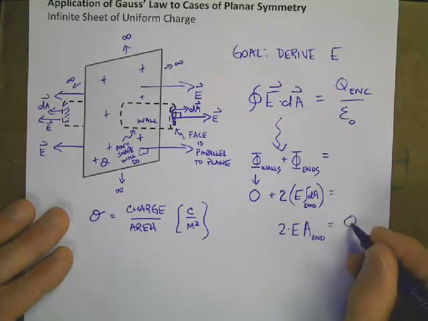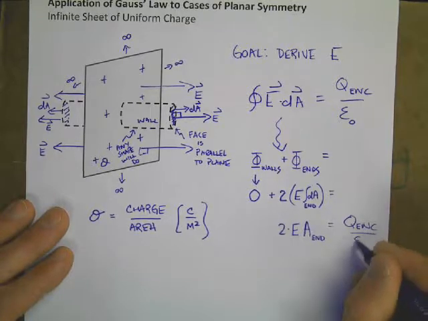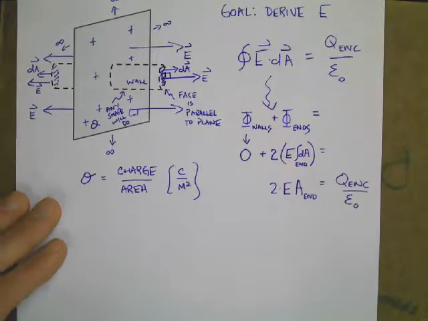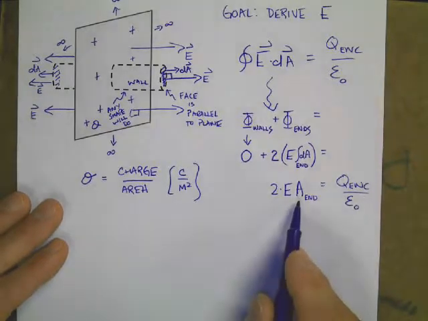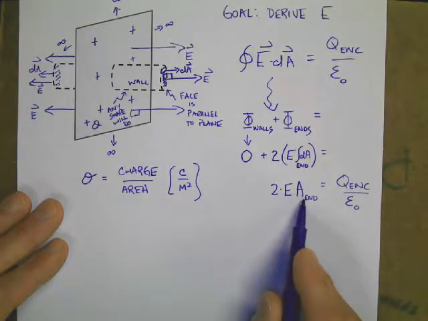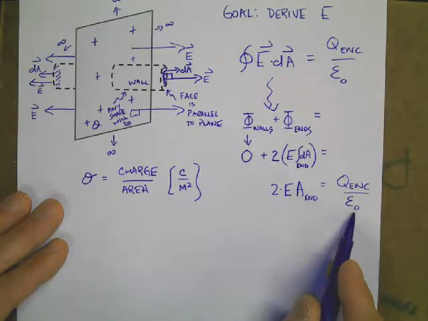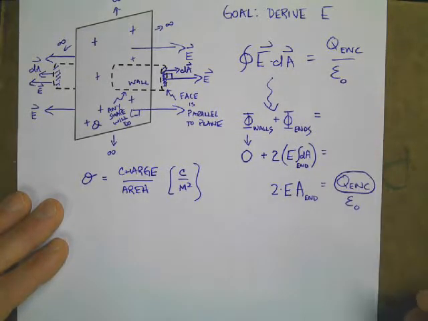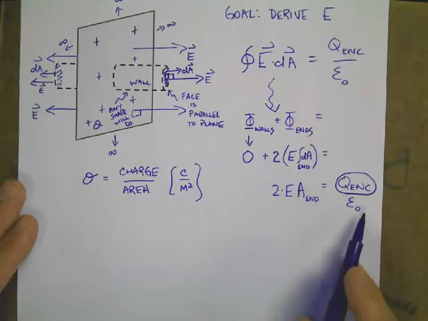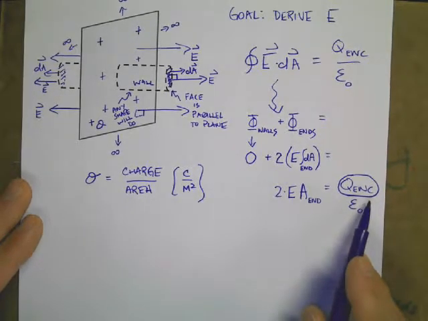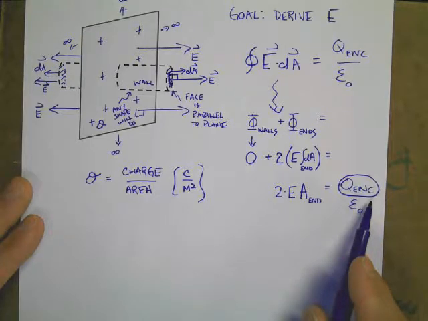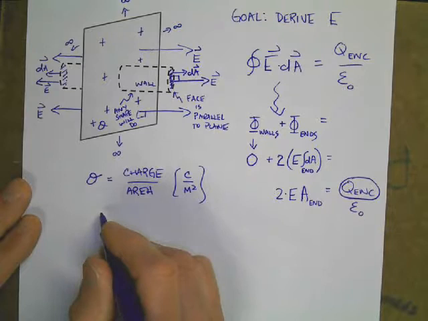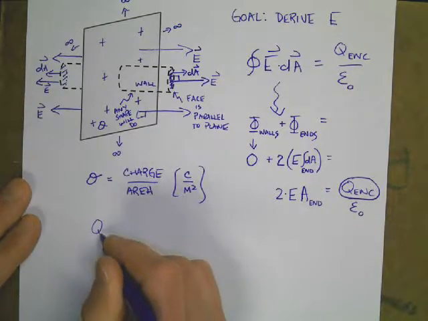So then you look over on the other side here, and you've got Q enclosed over epsilon 0. You should have a feeling by now that this area is kind of arbitrary, and we do not want to have it in our final result. So we have to think about how we could get rid of Q enclosed. And this is the exact same trick we played with the line of charge. So we come back to this over here, and we know that Q enclosed